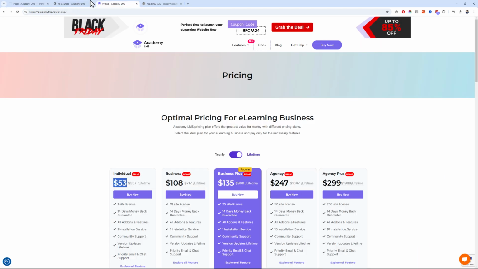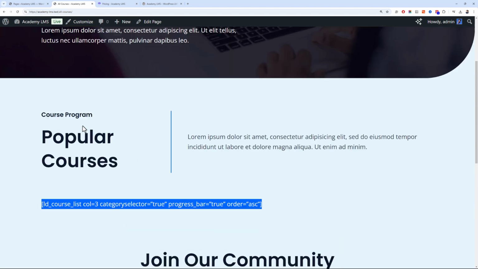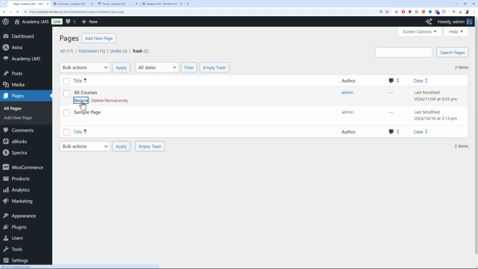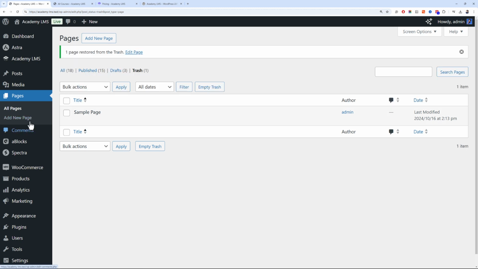Okay, but if you want to have this layout, then you will have to restore this page, and then go to pages